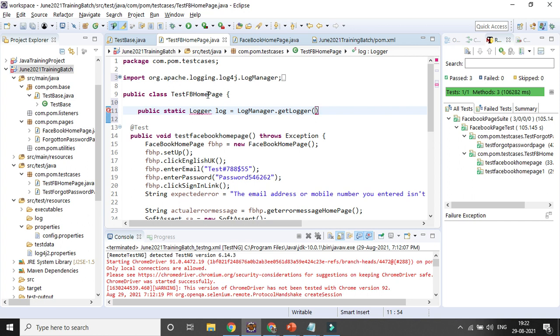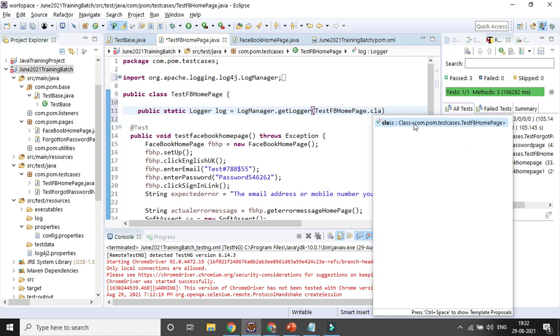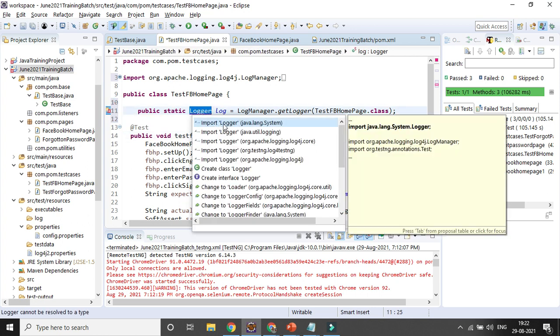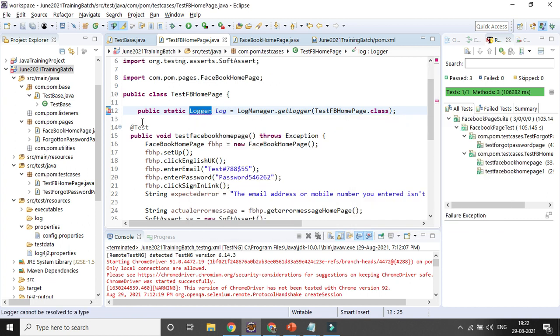So this is my class dot class. That's why you create a global variable before implementing the logger. Here you need to import the Logger class and LogManager class, from the dependency we have added here.